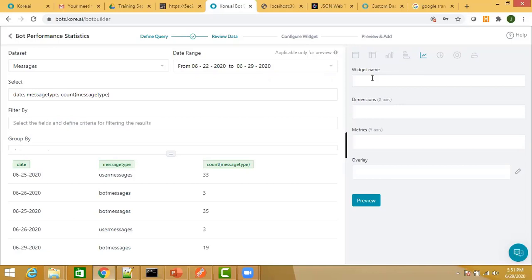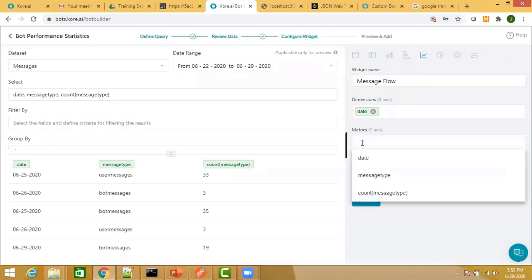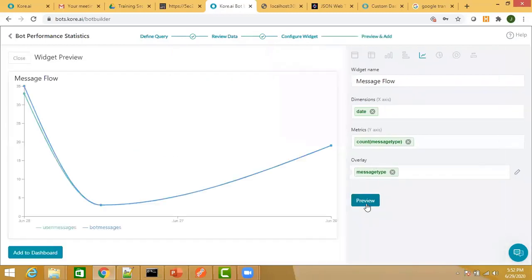Let me go in for a line chart over here. So in the x-axis dimension, I go in for the date. In the y-axis, the number of messages each date, and the overlay will be the message type. So let's click on preview.